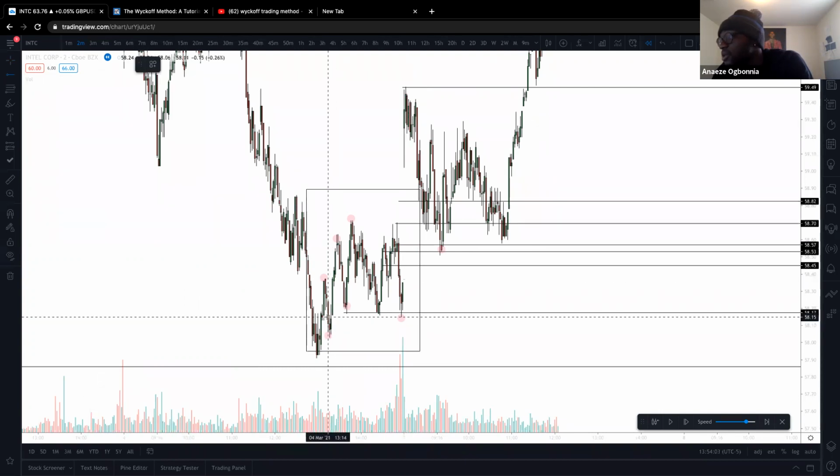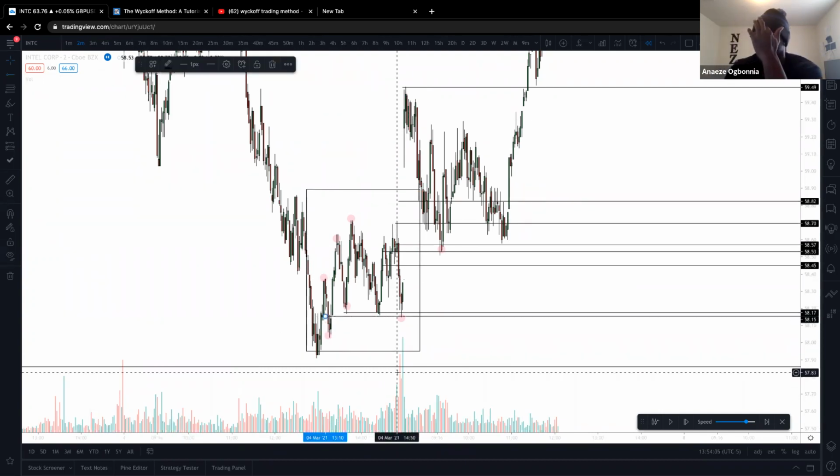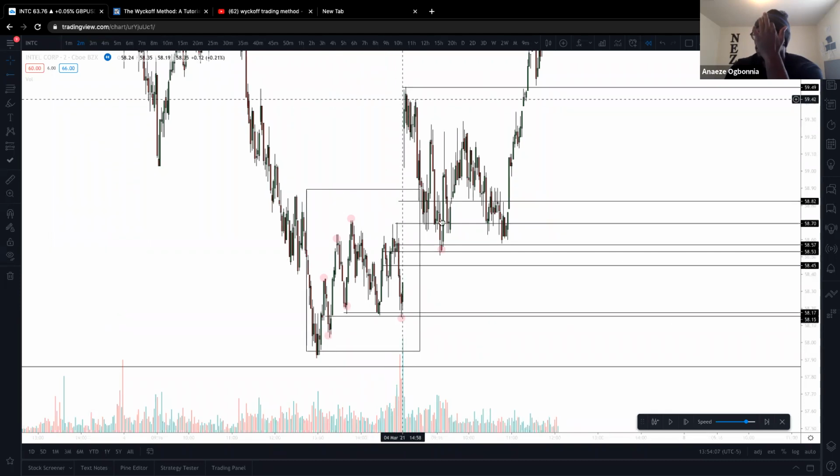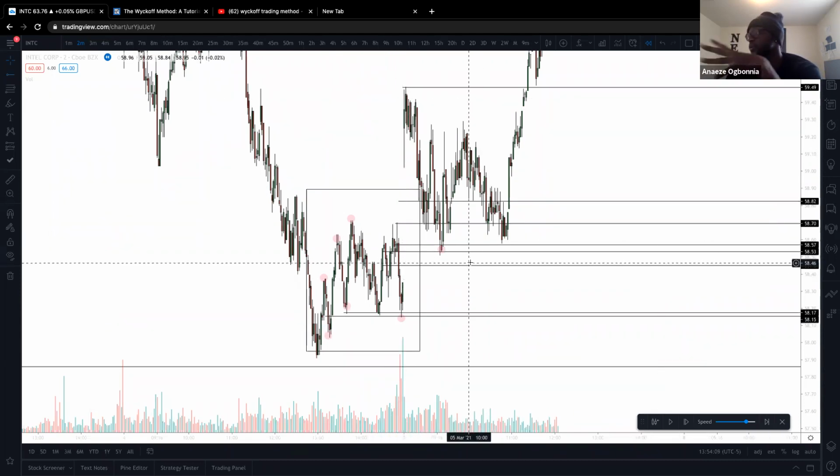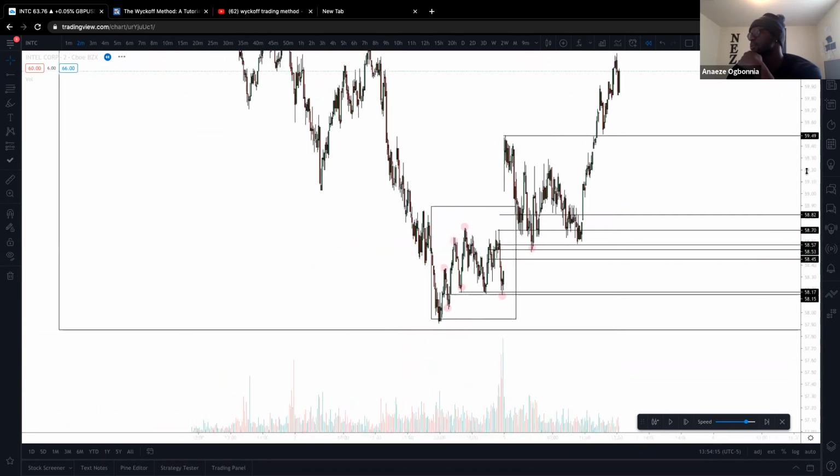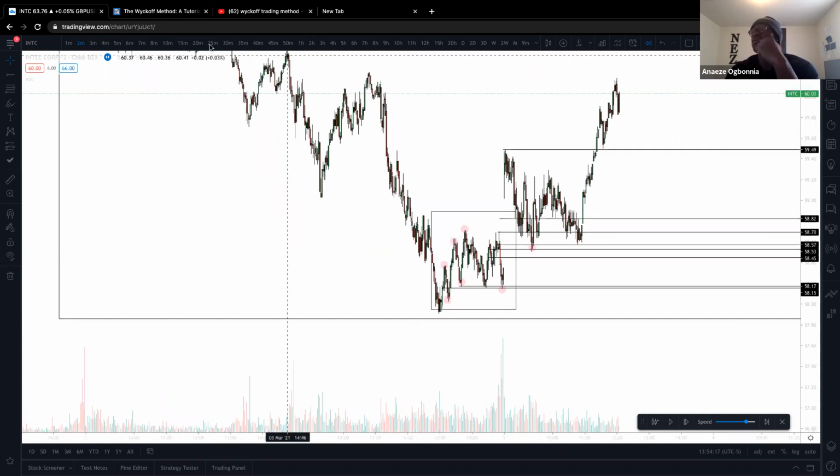So if you want us to enter at the test, you can. And then as y'all can see, you get all the way up there, price comes back up, fills a gap, fills 50% of the gap actually, which is why that breaker was right there. And then shoots back up. So the reason I highlighted this zone was because